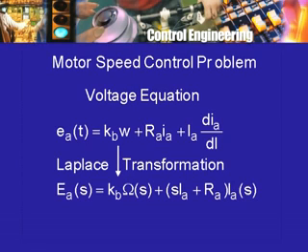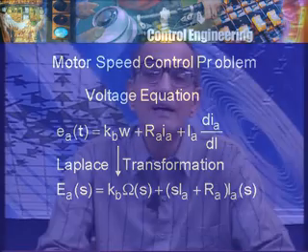And as we saw earlier, we can rewrite this equation expressing an output quantity, in this case I A of s, in terms of the two input quantities. Well, we can't quite do it because we have omega s and E A of s. So we will write this as a flow graph equation, taking I A as an output node, omega as an output node, and E A as an input node. And with the nodes we will associate the Laplace transforms of the corresponding variables rather than functions of time, which we had done earlier. In fact, at that time we had only looked at the steady state values, if you remember.